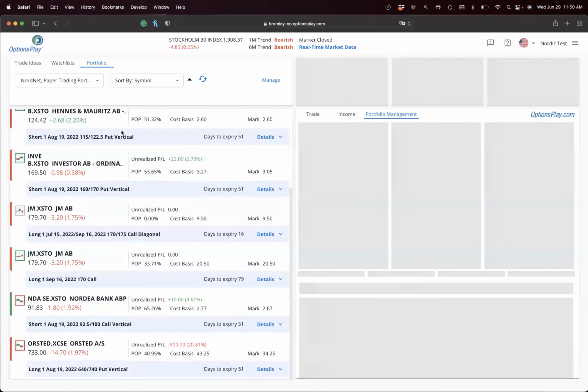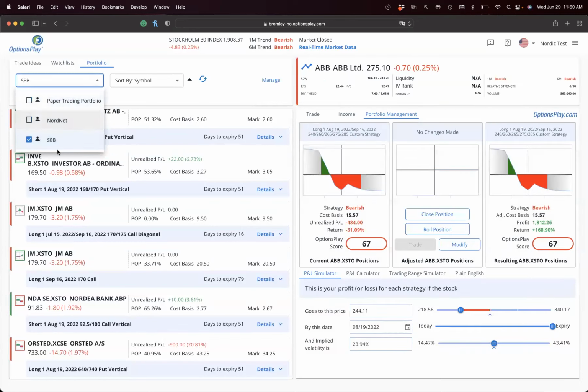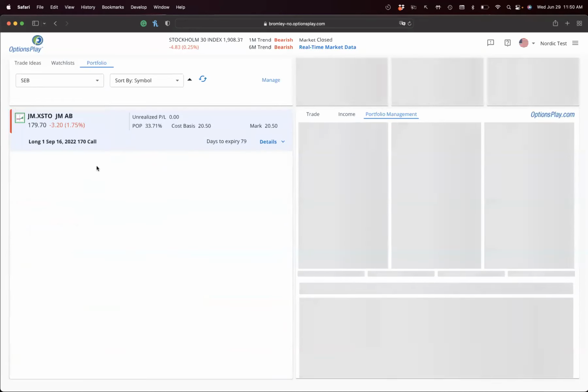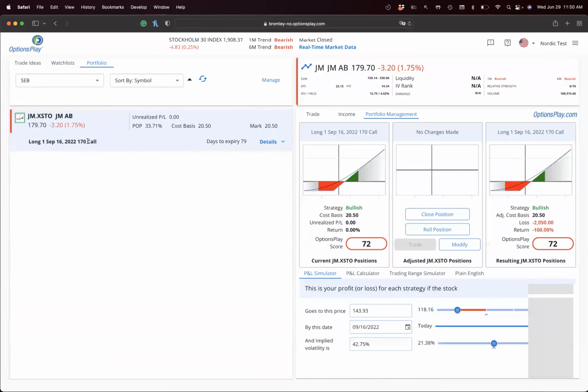So as you can see, if I look in my SEB account now, instead of owning the July calls, I now own the September 170 calls. So it actually does the trades for you if you were to make an adjustment and roll that position. So it's a very powerful tool from that perspective, to being able to not only see your current portfolio, but also help you manage them if you are making adjustments to your trades as they approach